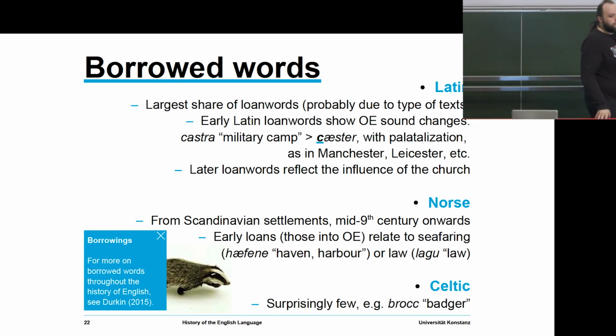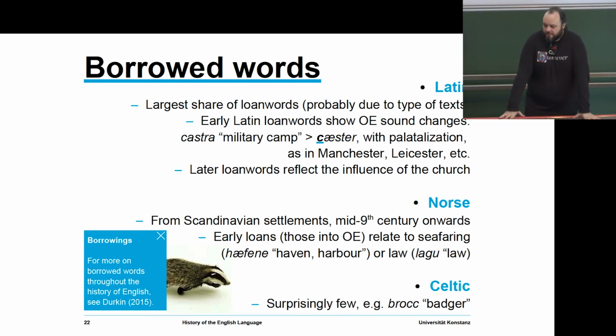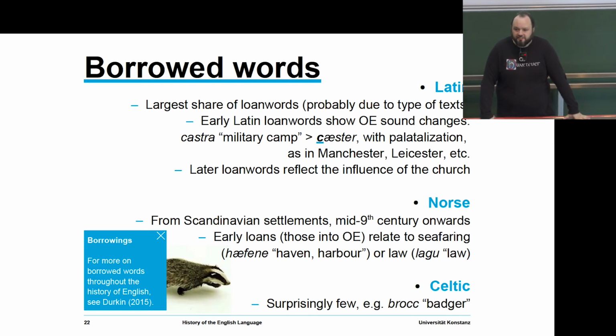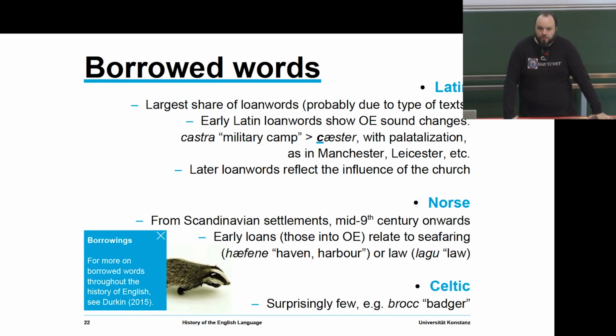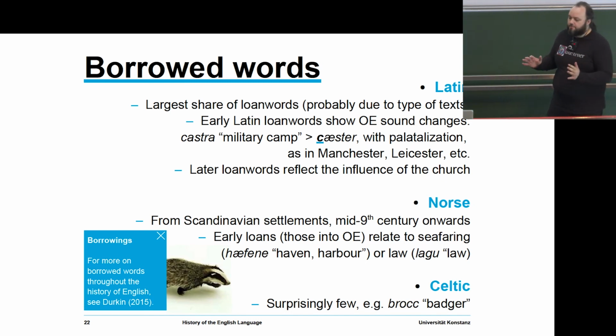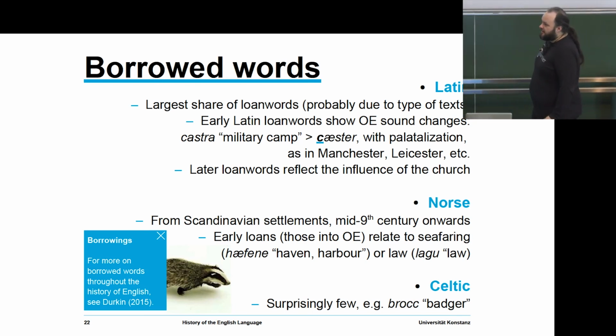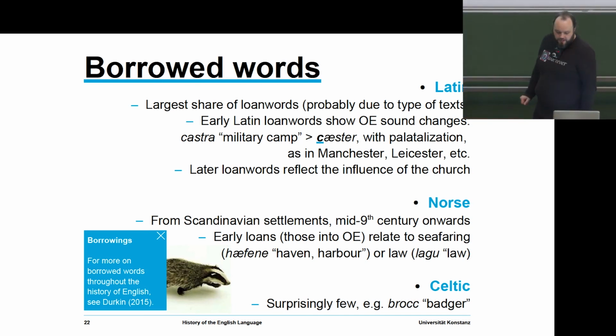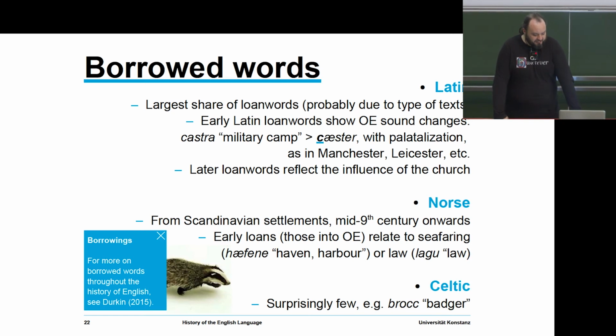Now, Old English doesn't borrow very many words, but it does borrow some. The largest share of words that Old English borrows is from Latin. In fact, most of the words that come into Old English from Latin actually come in before the Anglo-Saxon speakers left the continent. So actually these are mostly borrowings into common Germanic. Some of them are later, and particularly later Latin loanwords reflect the influence of the Christian church,